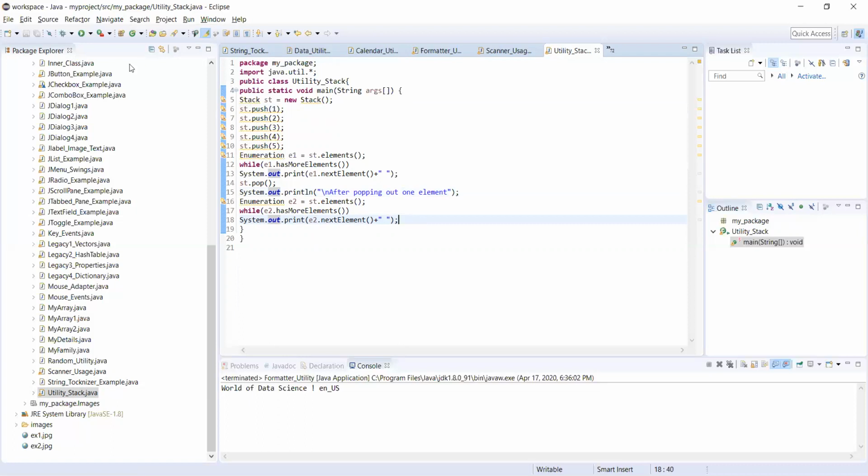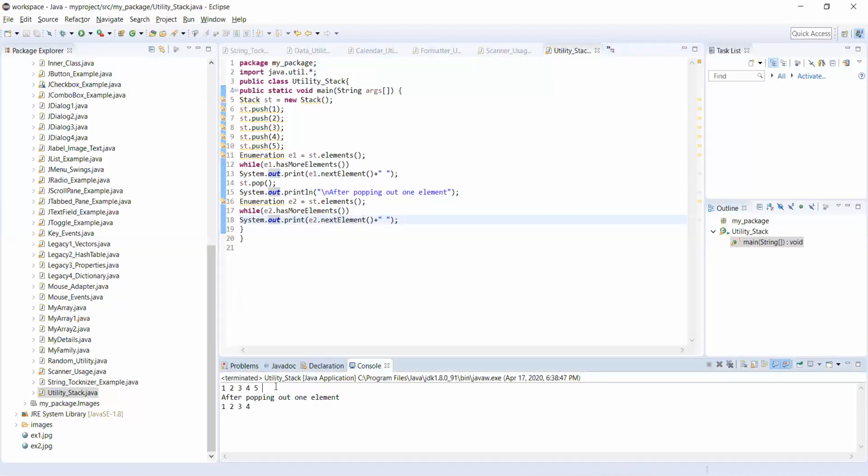Now let us run this particular code. Just have a look at this. We have 1 2 3 4 5 elements already pushed, and after popping one element, this 5 got popped out.